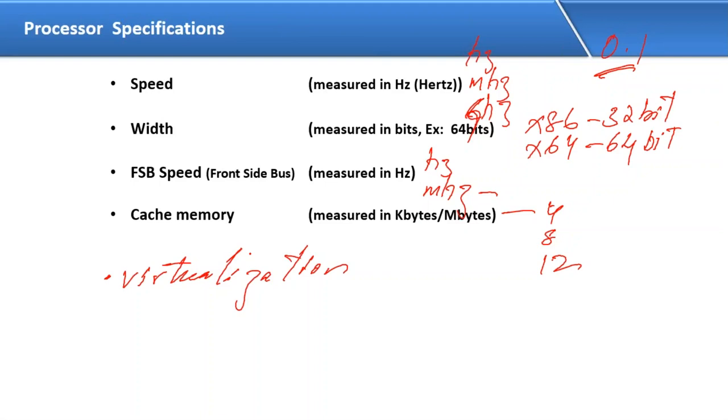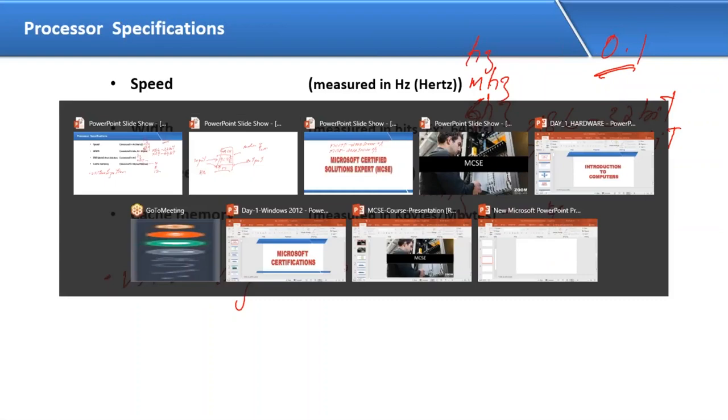We will discuss it on the day. Virtualization. So you can see here, for example, I have one computer. Now tell me, to run this PC, how many operating systems can we run on this system? Yes, we can install multiple operating systems, in C drive one, D drive one, F drive one. But at a time, can you run them? With virtualization, there is one hardware machine.